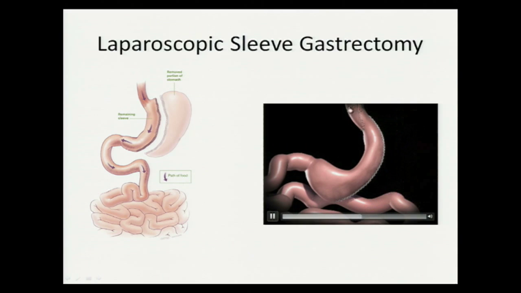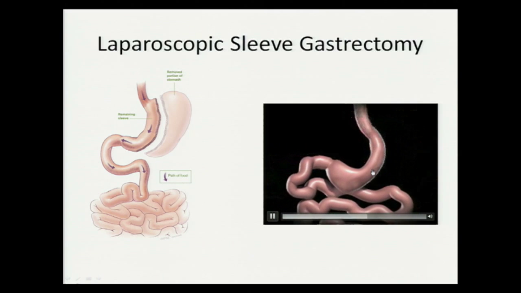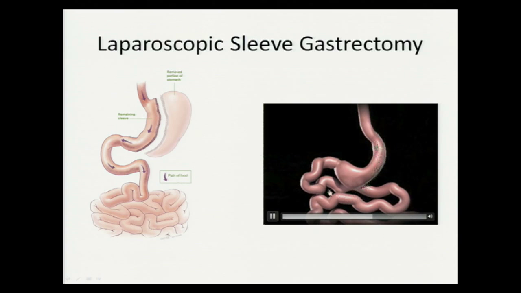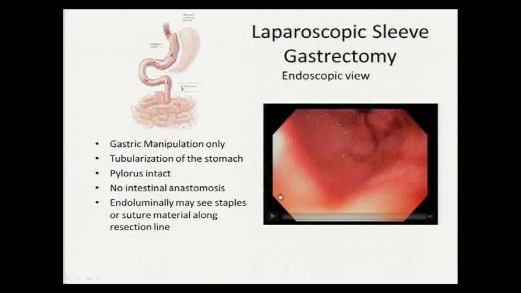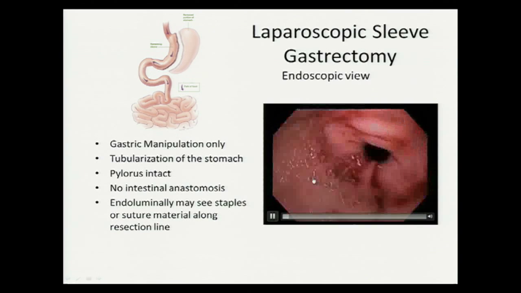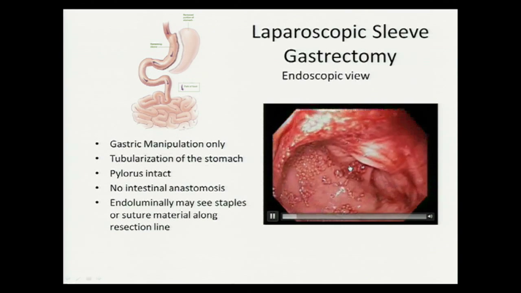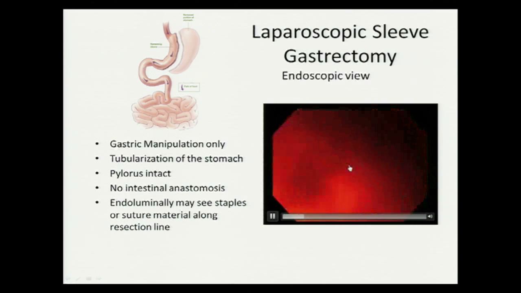But essentially, as you come across the esophagogastric junction into the stomach, it's going to be based on the lesser curve. You're going to see the antrum and the pyloric channel as normal prior to surgery. So again, it's only gastric manipulation. Here you can see the pylorus, and as you come back up, this is actually an intraoperative view, so it's